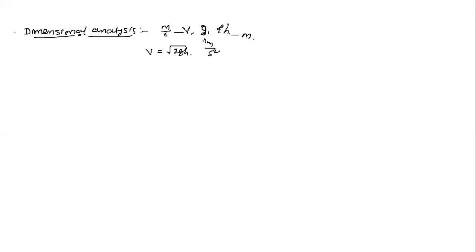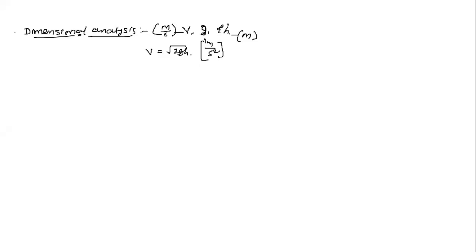Firstly, we have considered the units of each and every physical quantity here. Those three quantities we have considered, v, g, and h, and we have written their units. Now we are going to combine the units of those three variables such that we will get a meaningful equation. To study whether any functional relationship exists between those three variables, we are taking help of those dimensions and analyzing them. That is called dimensional analysis.